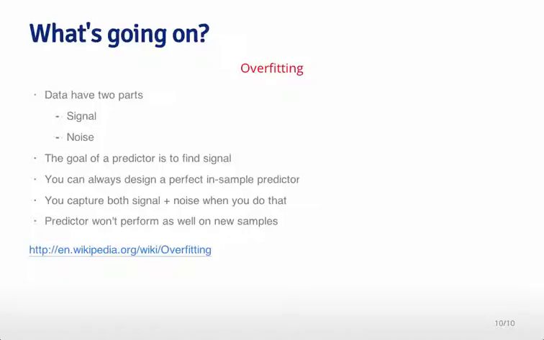And in any small data set, you can always build a perfect in-sample predictor, just like we did with that spam data set. You can always carve up the prediction space in the small data set to capture every single quirk of that data set. But when you do that, you capture both the signal and the noise. So for example, in that training set, there was one spam value that had a slightly lower capital average than some of the non-spam values, but that was just because we randomly picked a data set where that was true, where that value was low. So that predictor won't necessarily perform as well on new samples because we've tuned it too tightly to the observed